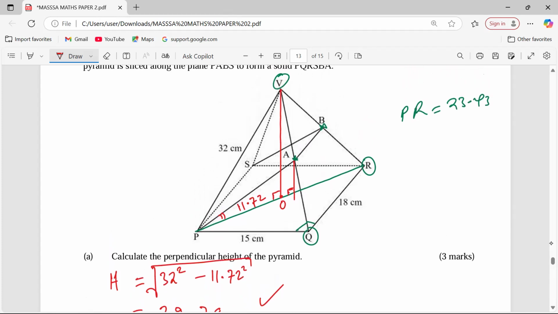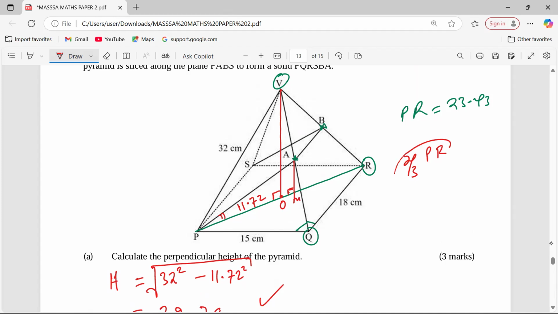The distance from P to this point M can be obtained because it will be 2/3 of PR. Yeah, the distance will be 2/3 of PR. Now, if that distance is 2/3 of PR,